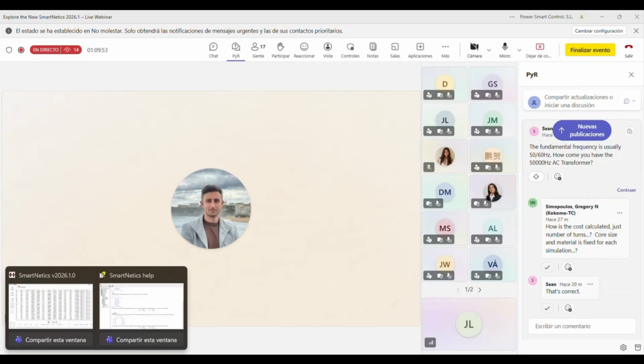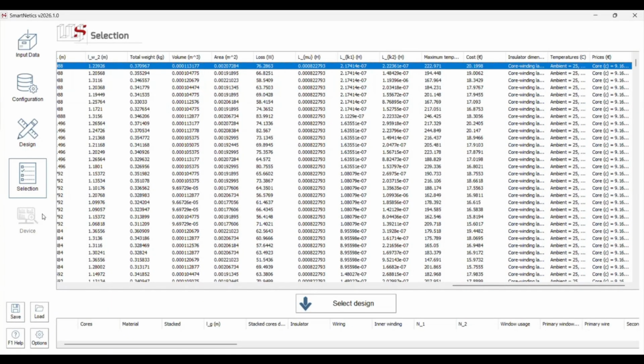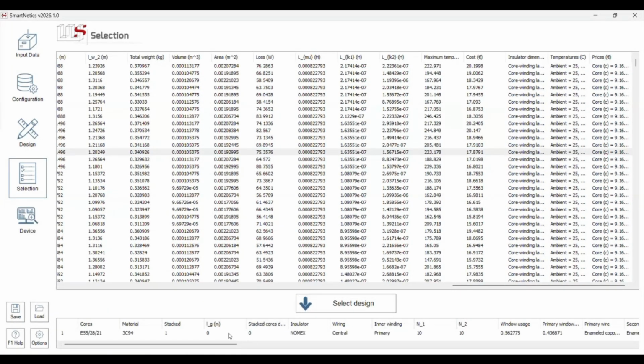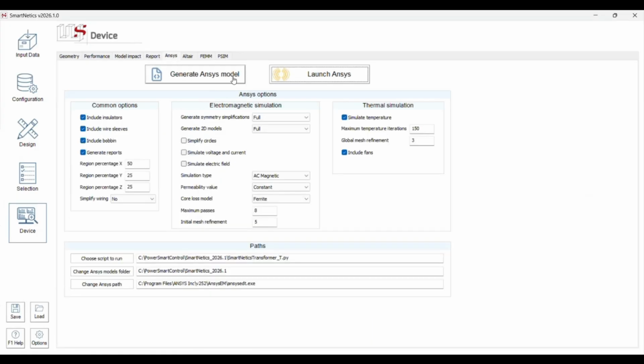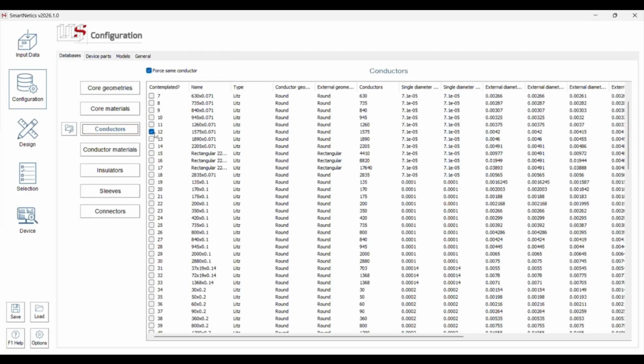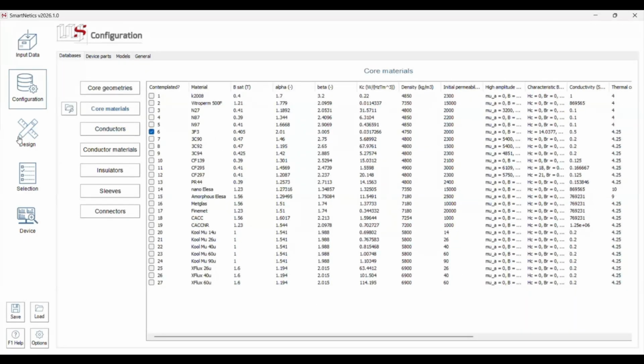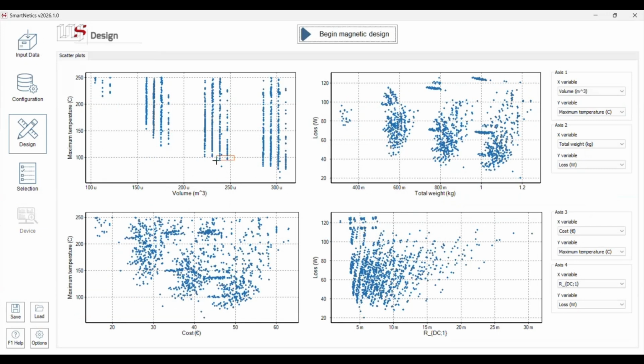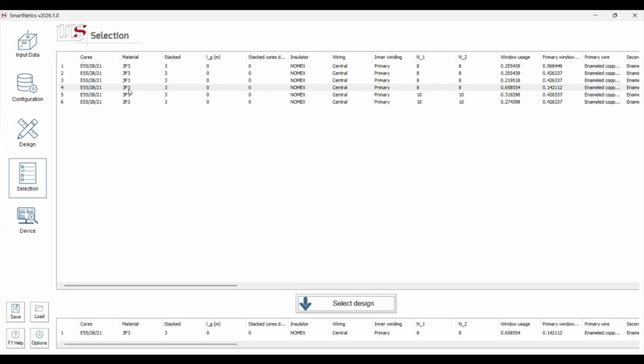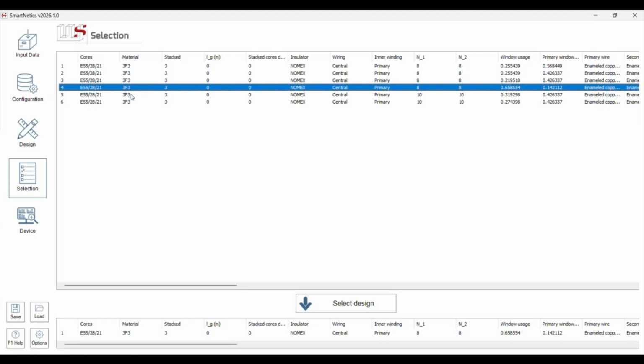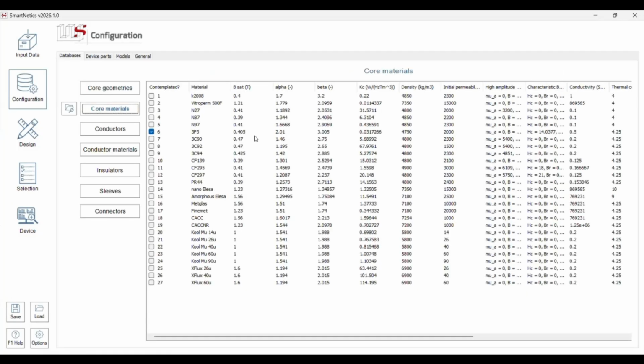If I'm not understanding wrong, once you have selected a particular device, you can export that to ANSYS. So if you select a different one, for example, one with another material, let's say this one, if you export this one, the material in ANSYS will be this one. ANSYS will reproduce whatever you have selected in here. You can even create a fake material, because we are not using the ANSYS database. We are reproducing in ANSYS whatever you select in here.